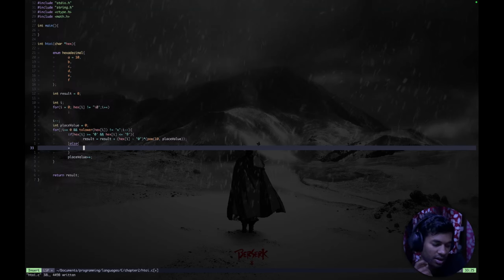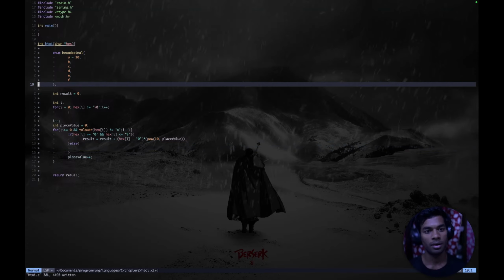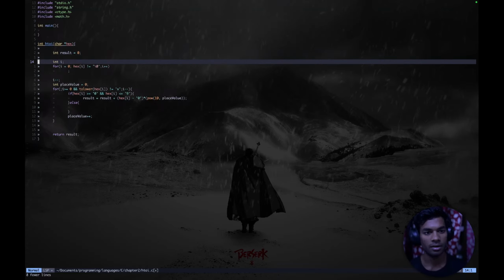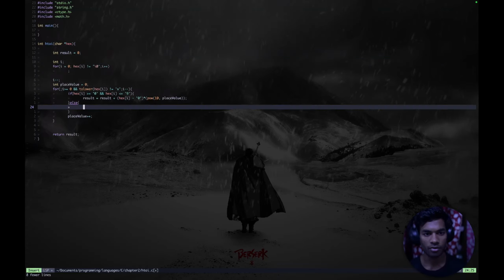Now, do I have to do it individually? No. I know it is either A, B, C, D, E, or F, and they appear in sequence. So, yep, I don't need these, I think. And what I can actually do is this: character